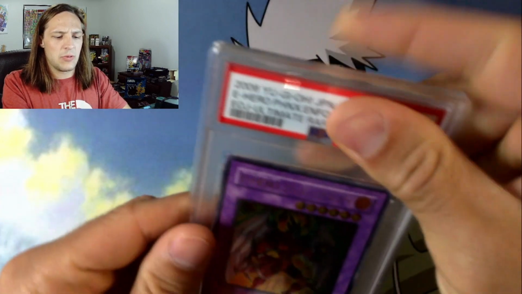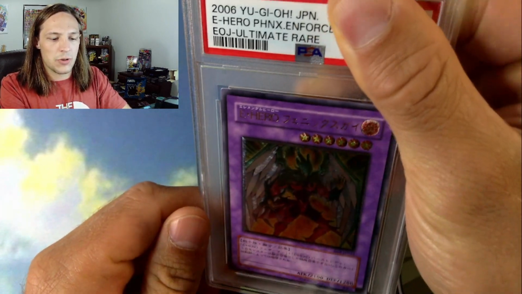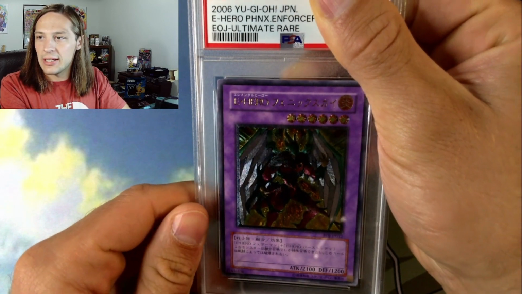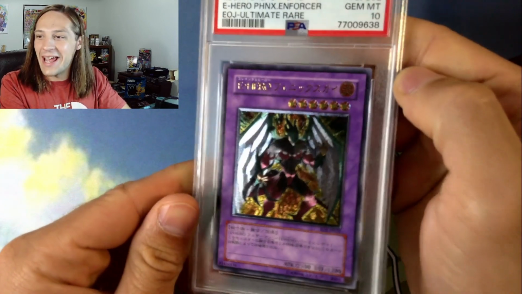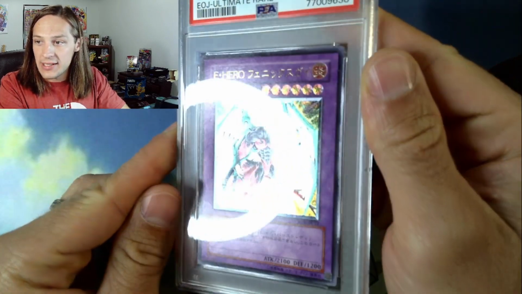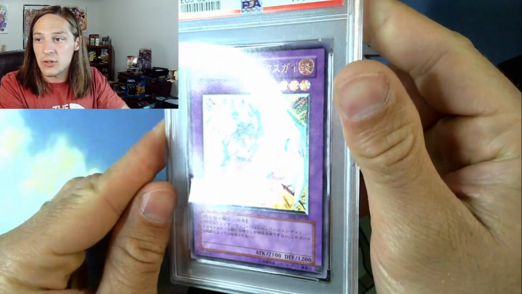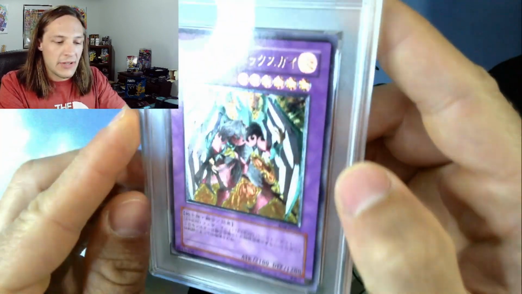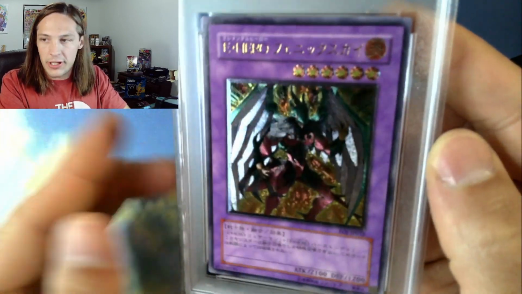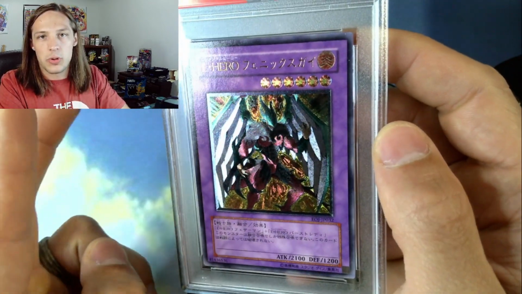I've been trying to send one in every sub, at least, but here we go. Here's my Elemental Hero Phoenix Enforcer. I pulled this myself, and we hit a Gem Mint 10. That is so sick. In terms of foiling, this is one of the top-tier OCG alts, in my opinion, especially from Series 3, which, obviously, the Series 2 alts, and sorry if I'm nerding out on something you don't care too much about, but the Series 2 alts are really cool because